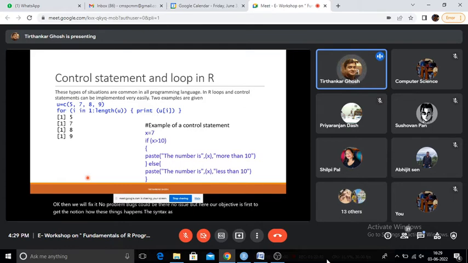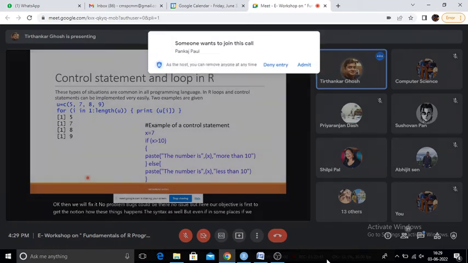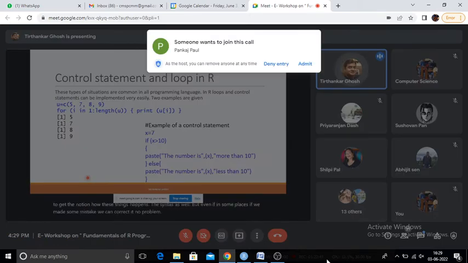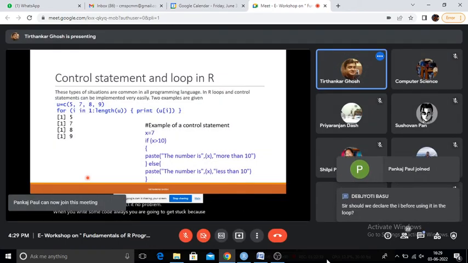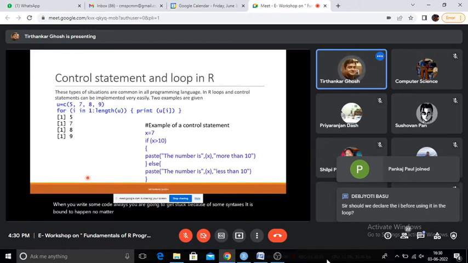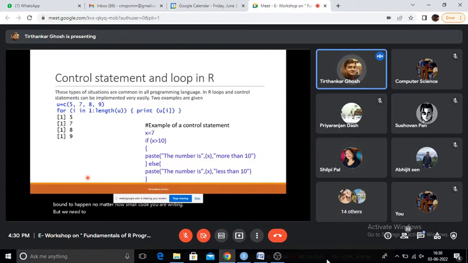Even if in some places we make some mistake, we can correct it. When you write some code, you are always going to get stuck because of some syntax. It is bound to happen no matter how small the code is, but we need to fix it. I'll be coming to that. Okay, is there anything else?